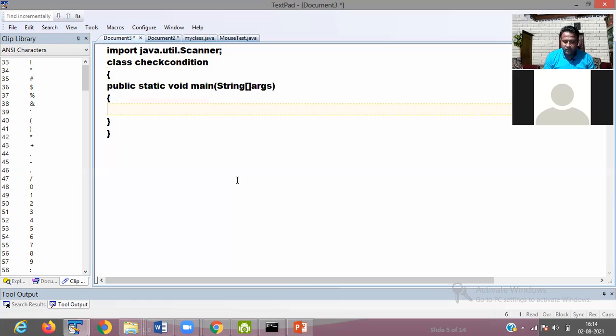Then we're using System.out.println "Enter a number".